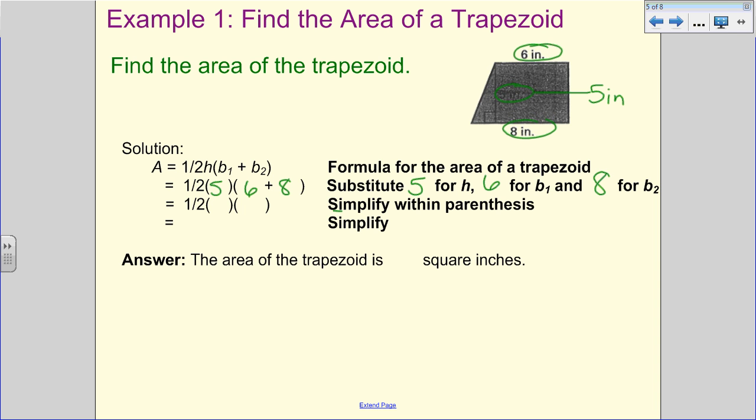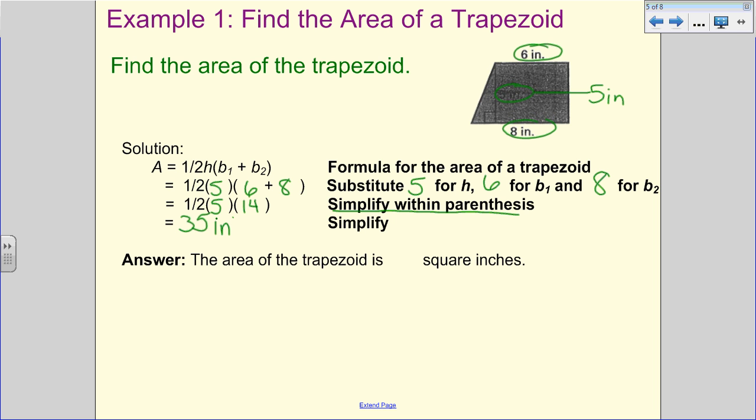You're going to simplify within the parentheses. That's the order of operations. So 6 plus 8 is 14. And then simplify that multiplication. So if you want to do half of 14, because that's easy for you to do in your head, and call that 7, that's great. So 7 times 5 is 35. If you want to do 1/2 times 5, which is 2.5, and then do 2.5 times 14 and get 35, that's awesome. If you just want to check this straight into your calculator, either way, we need to get 35,